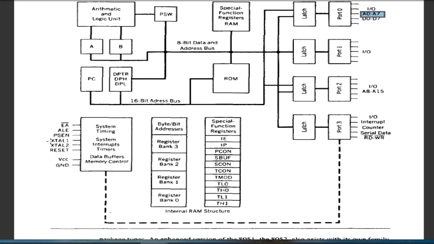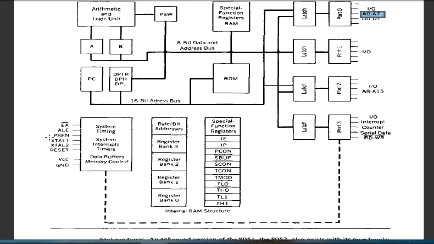Then one more pin is PSEN, program store enable, which is the pin used to store the program. So for serial communication, if I am going to use this pin, then I'll be able to store the program.